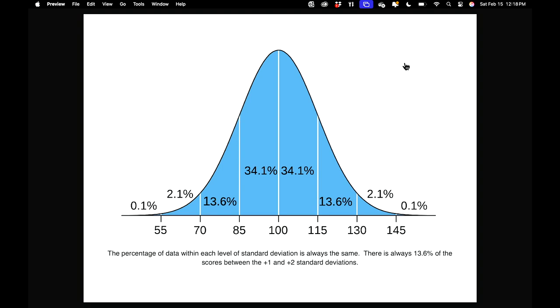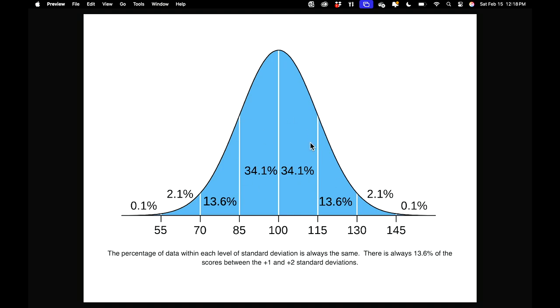So when you look at this one, okay, the 100 is the mean, 115 is the score, this right here, that's one standard deviation above the mean. This is 2 standard deviations above the mean. This is 3 standard deviations above the mean. 1 below, 2 below, 3 below. And the number of scores that you have, regardless of the scale here, regardless of what these numbers are right here, in a normal distribution,